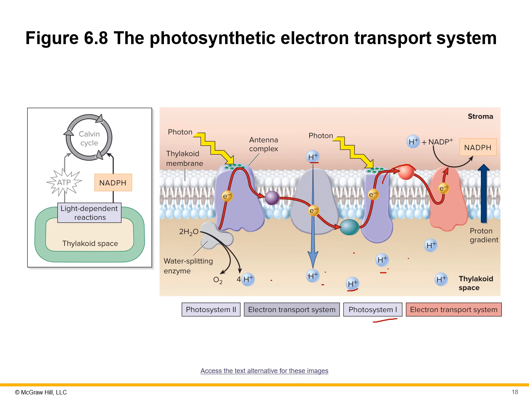Okay, so if we just look one more time at the flow of these electrons. First of all, electrons are provided by water to photosystem 2. That's where the electrons are coming from. Then as photons come in, those electrons fall off of photosystem 2. They move into an electron transport chain. That energy is used to move protons. Once the electron gets to the end of the transport chain, it's going over to photosystem